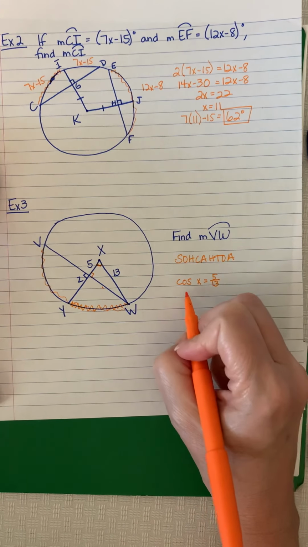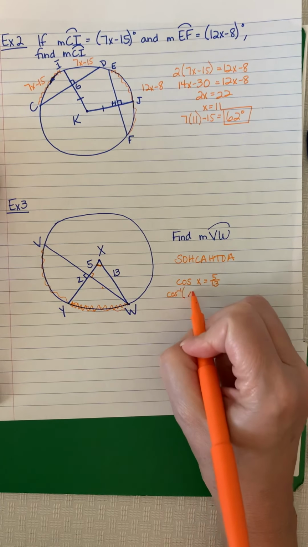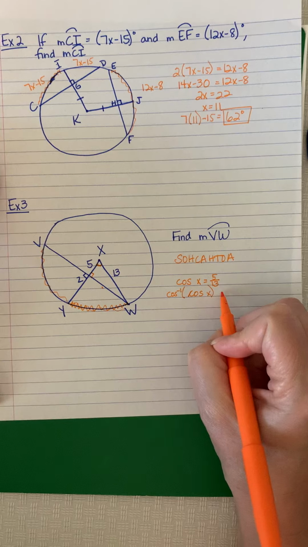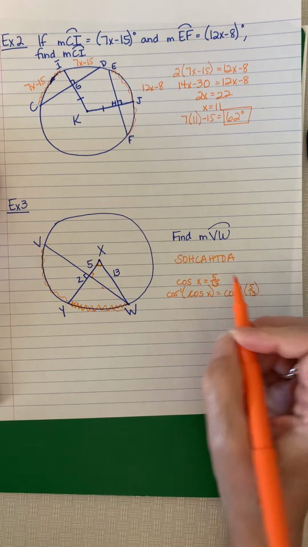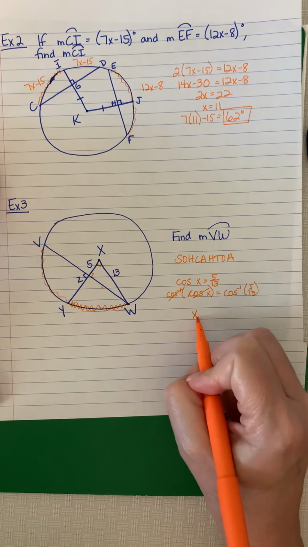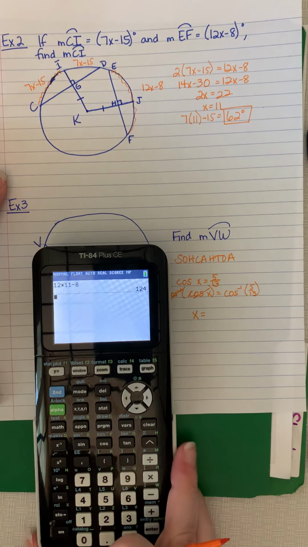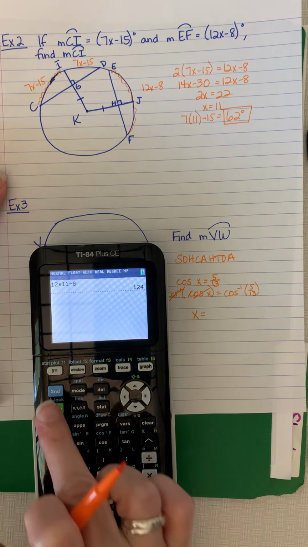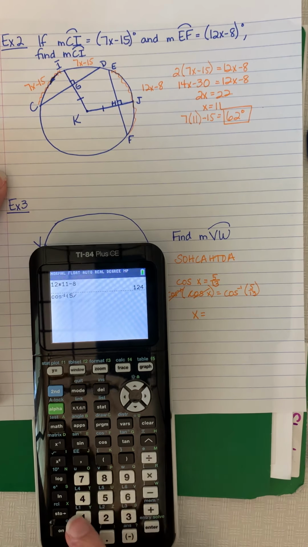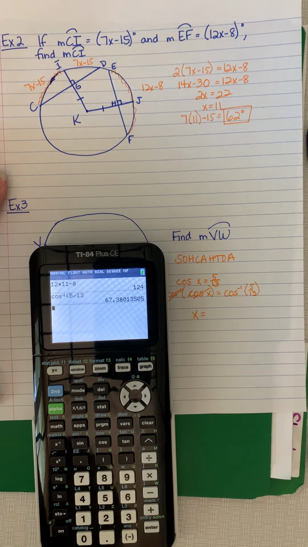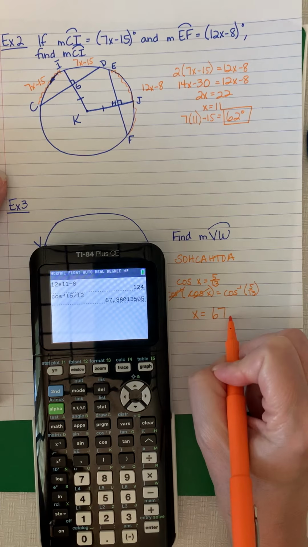Remember, when we solve this, we're going to find the inverse cosine of both sides. And the way we write it would be this way. So those will cancel out, leaving us with just X is the inverse cosine. So we first always want to make sure you're in degree mode. And then inverse cosine, remember, is second cosine. That will give you the inverse. 5 divided by 13. And that will give you, the quiz is going to ask you to round to the nearest tenth. So that will give you 67